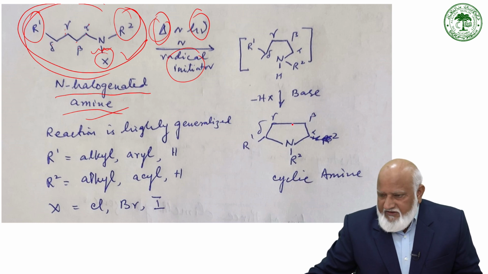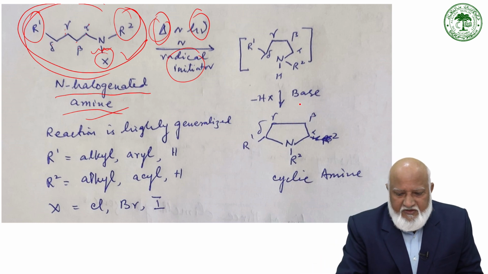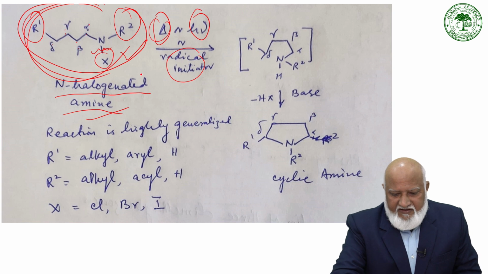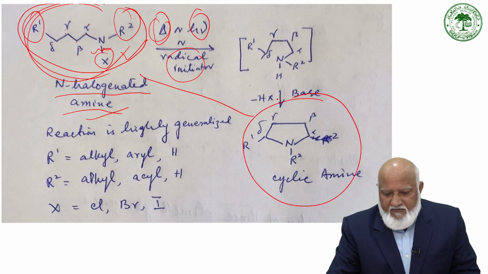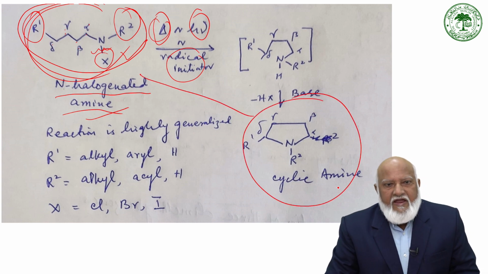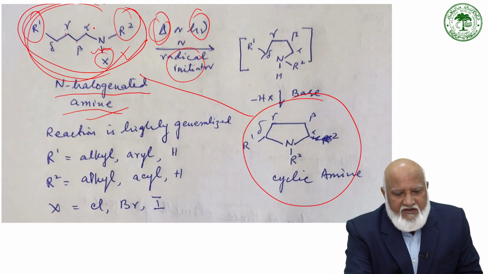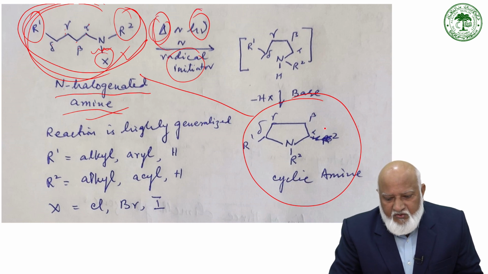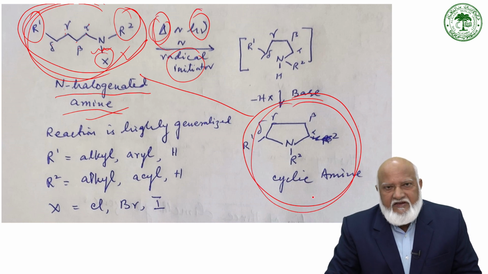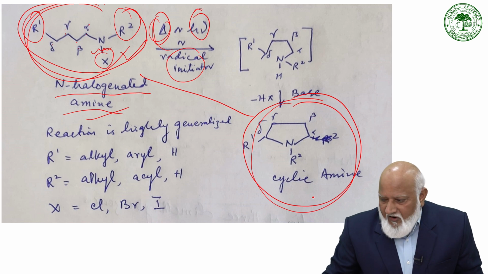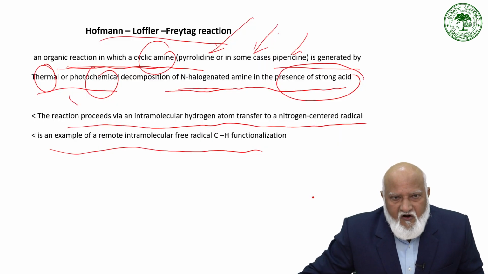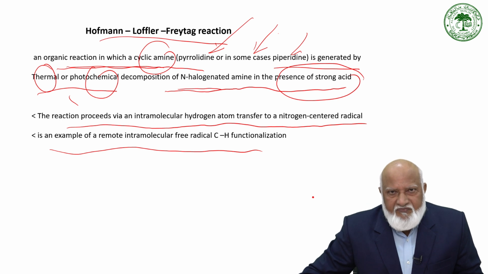First, to give this starting material, and it leads to this cyclic amine. The N-halogenated open chain amine, under thermal or photochemical conditions, can lead to the formation of a cyclic amine. So the overall reaction of this Hofmann-Loeffler-Freytag reaction can be